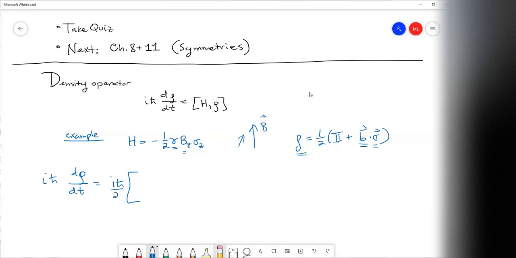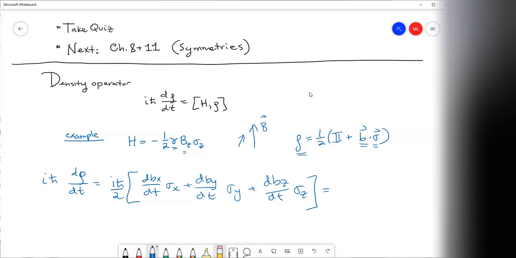So we get a half here, and this becomes dbx/dt sigma x plus dby/dt sigma y plus dbz/dt sigma z. That's on the one side, and then you have a commutation relation between H and rho,